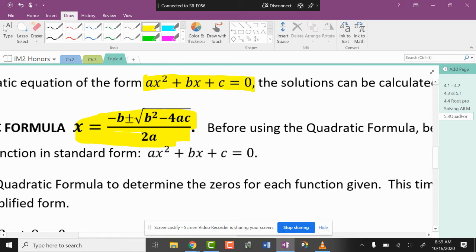Now, where does this come from? I know this is like a magical little thing. It comes out of nowhere. It actually comes from completing the square, but we didn't cover that right now. It might be a method or an idea that we cover later when it has a more practical use. So all I'm going to say is this: if you complete the square on this, then you get this magic formula that works, and you're just going to